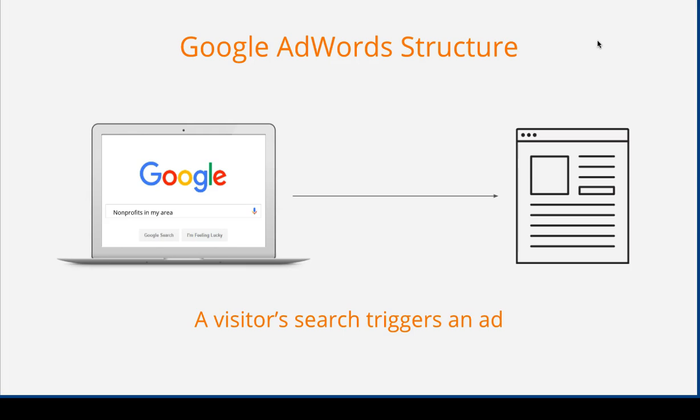Well, let's look at an example of the Google AdWords structure. So one question we get really frequently is, how do my ads show up online? Or how does Google decide to show me an ad? Let's look at an example. Let's say someone goes onto Google and searches nonprofits in my area. That search actually triggers an ad. And the way that those ads are shown and how Google decides what ads are shown is really based around